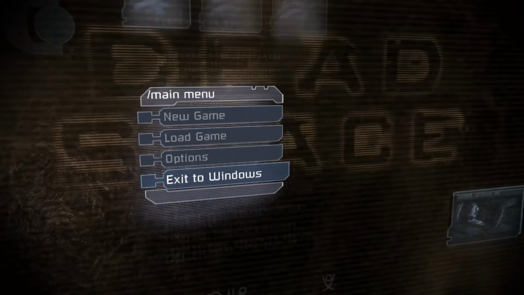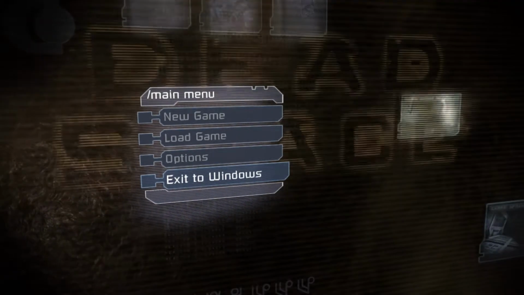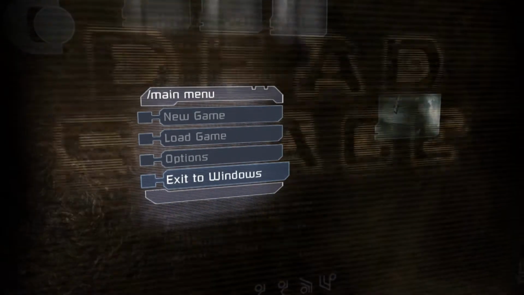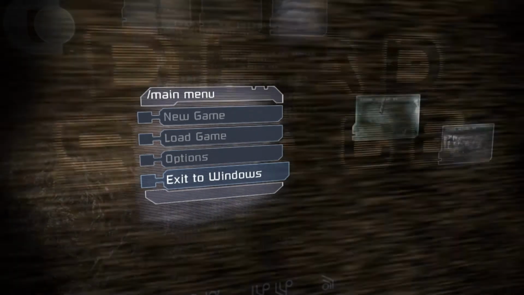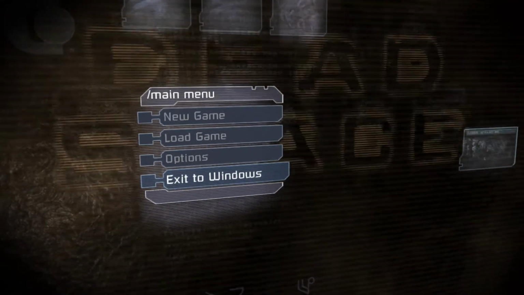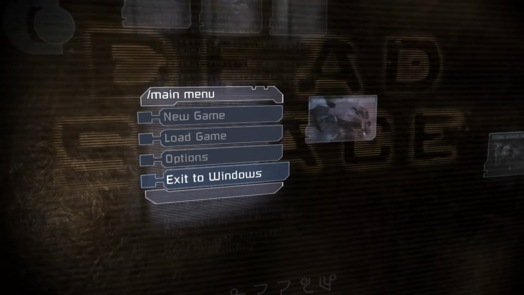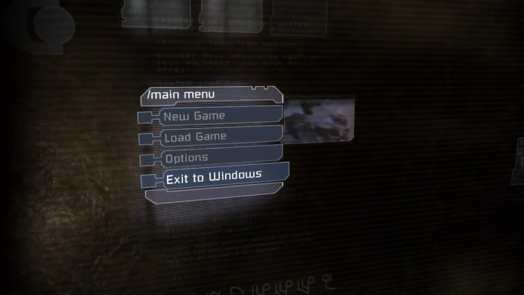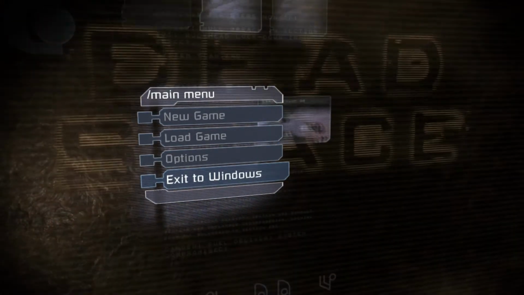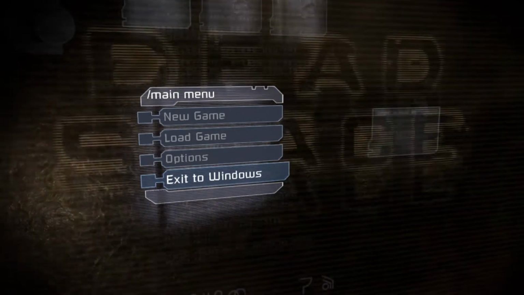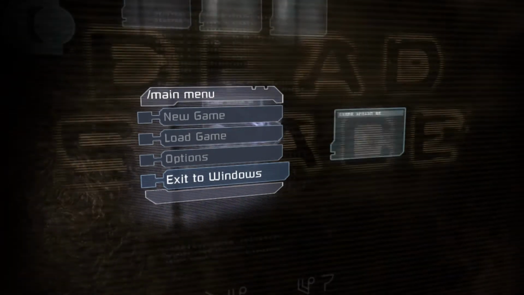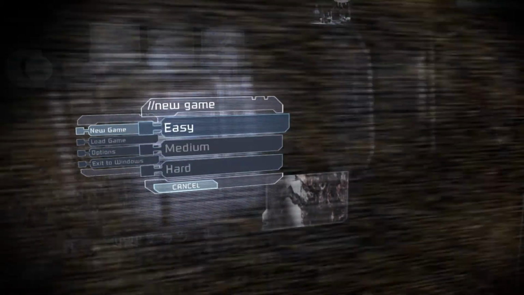Dead Space is one of my favorite games of all time. If you haven't seen it before or played it before, it's an absolute treat. I love the survival horror genre in general, but Dead Space is one of my favorites amongst them all. Without a doubt, probably my top game that came out on the Xbox 360. So, today, we're gonna start Dead Space, and in the process we're gonna talk a little bit about infection.